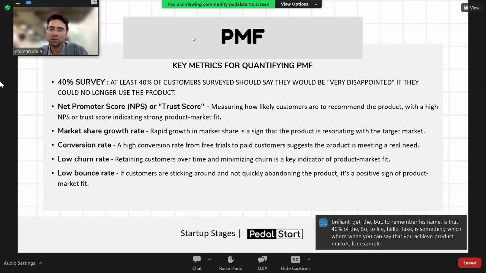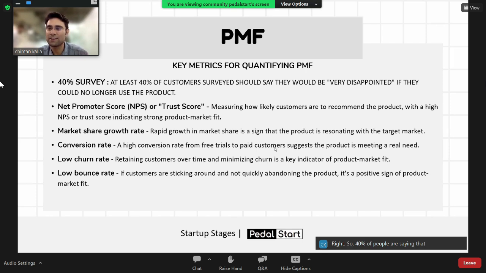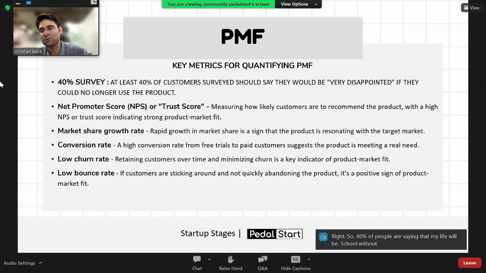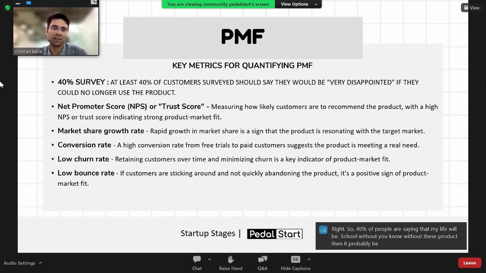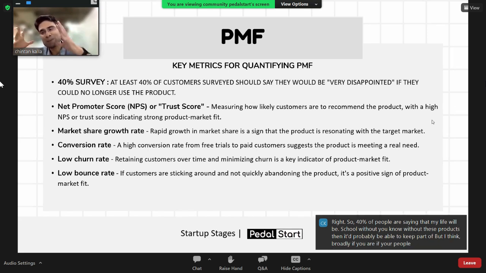For example, for Uber or for Zomato, right? These are bigger companies at this point of time. In case these companies go tomorrow, if Zomato goes, it's a catastrophe, right? If Uber goes, how do we come back from work or how do we take a cab? We can't imagine our life without these, or probably Zoom on which we are having this webinar. So if 40% of people are saying that my life will be screwed without these products, then it probably means you've achieved product market fit. But I think broadly, if people are willing to pay for your product, you have